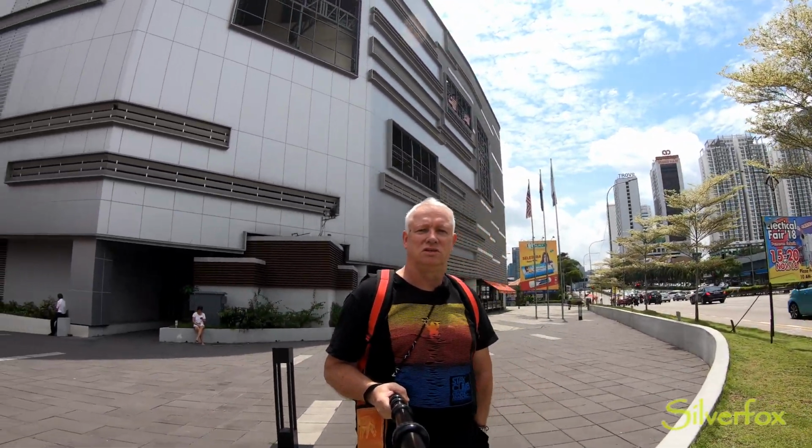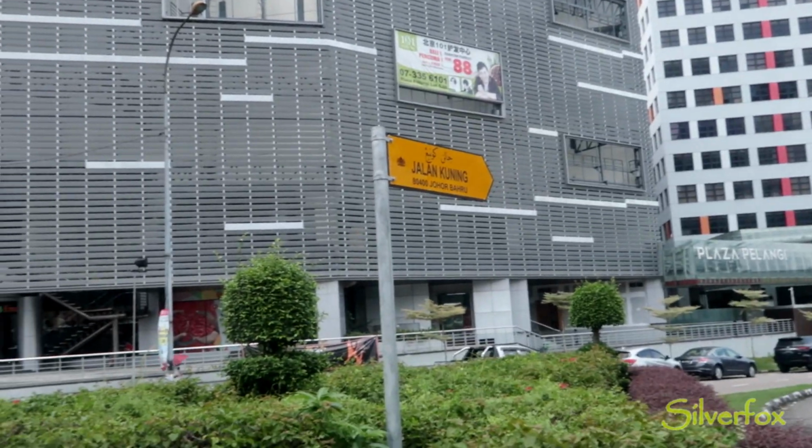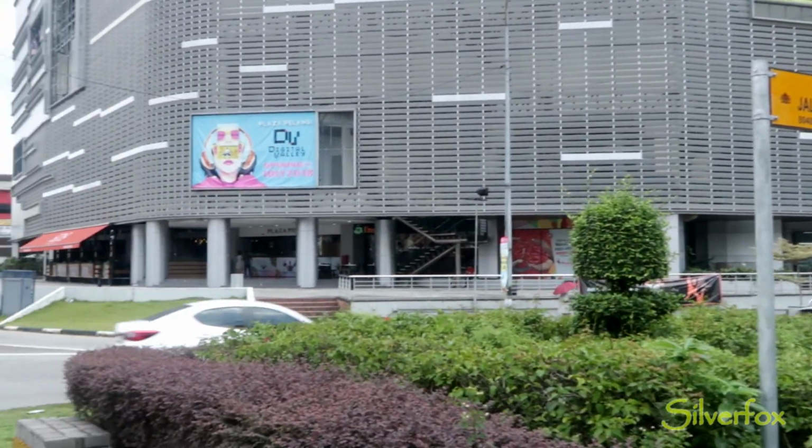Lots of the shops were leaving. It was becoming more and more empty shop, empty shop, empty shops. In fact, there were whole corridors of empty shops. But in the last couple of years, it's had a new facelift on the outside. It's made it all look a bit more modern and newer. But, and this is an important one, of Johor's most unloved, at least by me, malls, Danga Mall, which is